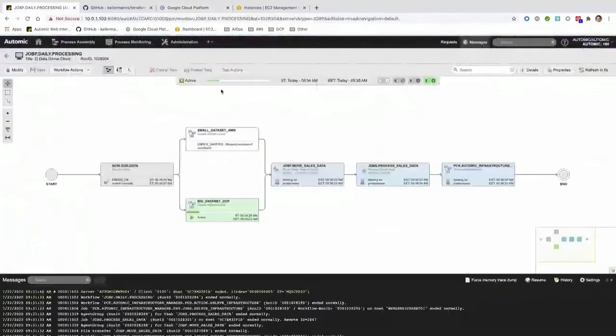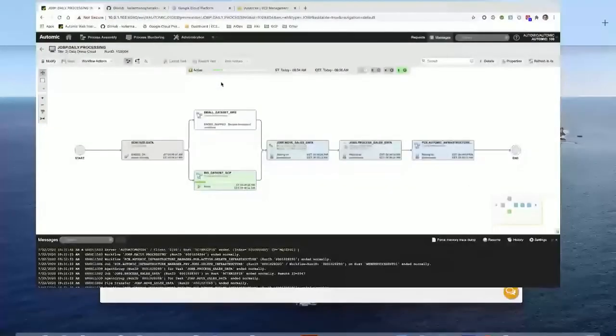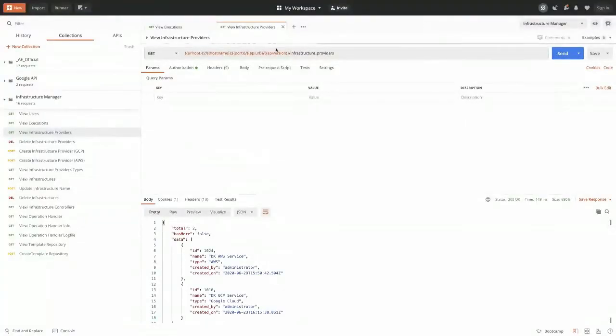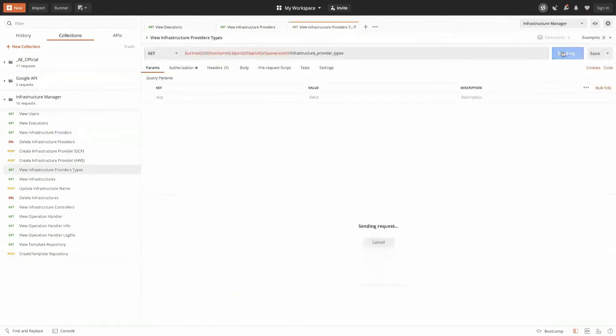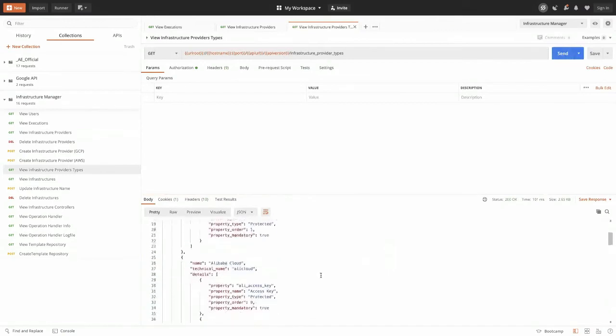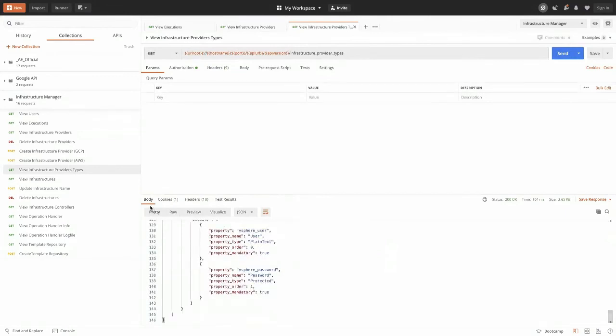But I also want to show you a little bit behind the scenes of the infrastructure manager. And for this, I'm using Postman just to incorporate the REST calls. So this is basically if I wanted to communicate with the infrastructure manager on a REST level. So you can see here are my two infrastructure providers. They get created via post calls. I can see types of infrastructure I can provision. So here are all the different ones. You can see Alibaba, Azure, Google Cloud, VMware, things like that. I can also see